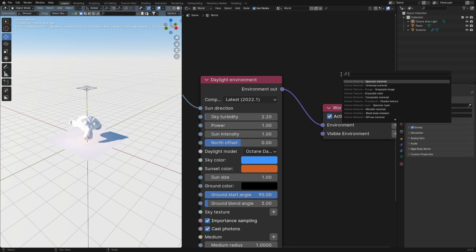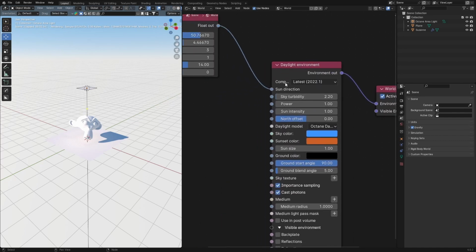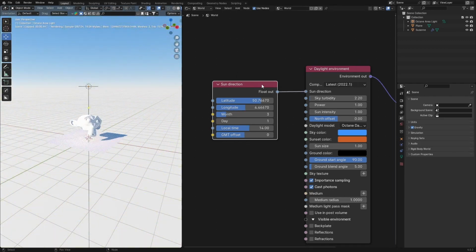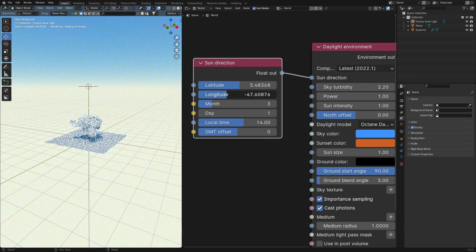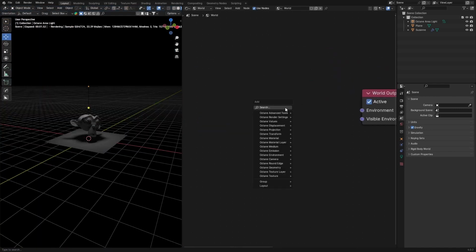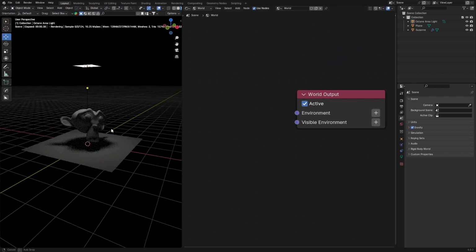I won't get it. So we have that in green, I guess, or maybe I'm just crazy. So this is your daylight environment, and you can do stuff with this. I mean, just like our sun, you know, the sky texture. So what I'm going to do is show you how you can plug in a basic